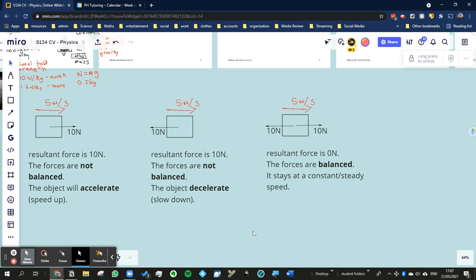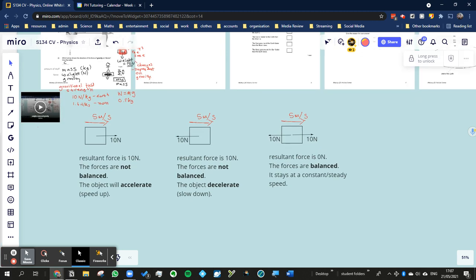So let's make sure that's clear. If it's not moving, then it stays not moving. But if it is moving, it stays moving at the same speed. Okay? So I'm going to just pause the video and then we'll add onto the video a little play with